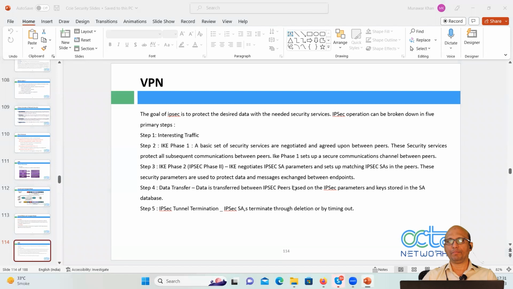So phase 1 is something which is very crucial, important. If your phase 1 is not up, your phase 2 will never come up, and if your phase 2 never comes up, your data is not going to transfer. If your phase 1, phase 2 is not completed, then how are you going to break the tunnel? Tunnel termination is not possible. So all the steps are dependent on phase 1. And phase 1 is the second step